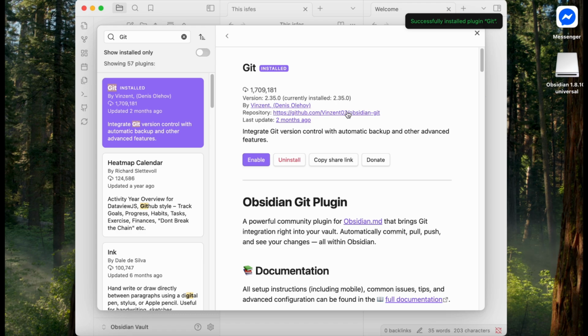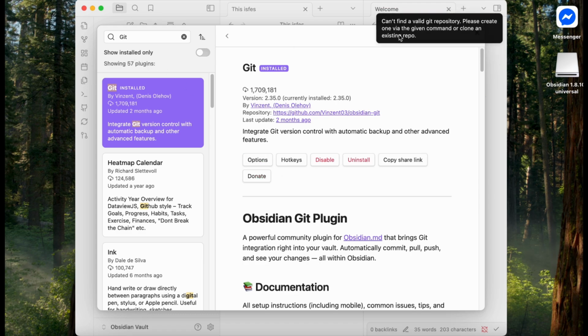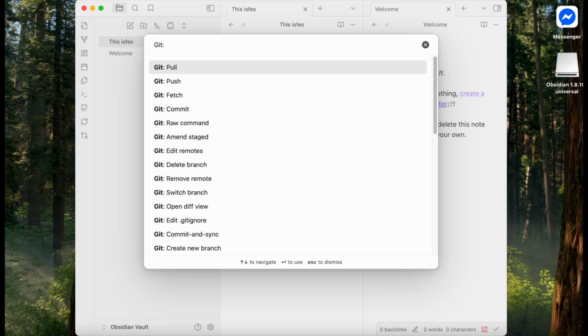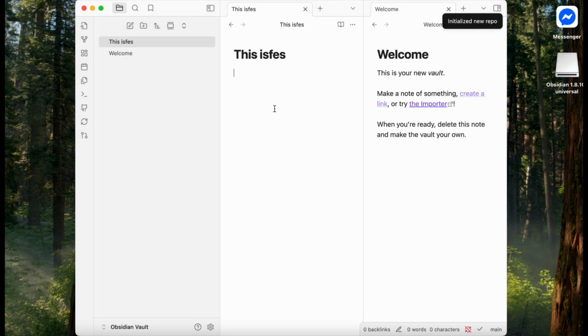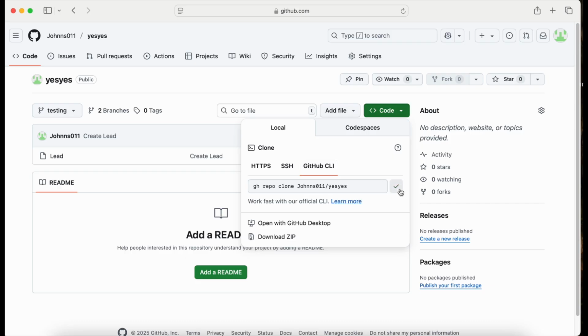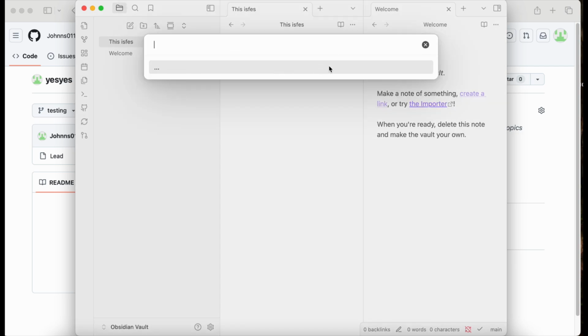Next, initialize a Git repository in your Vault folder by opening the command palette or Ctrl+P and running Git: Initialize a new repo. Then, connect to your remote repository by running Git: Edit remotes and adding your GitHub, GitLab, or